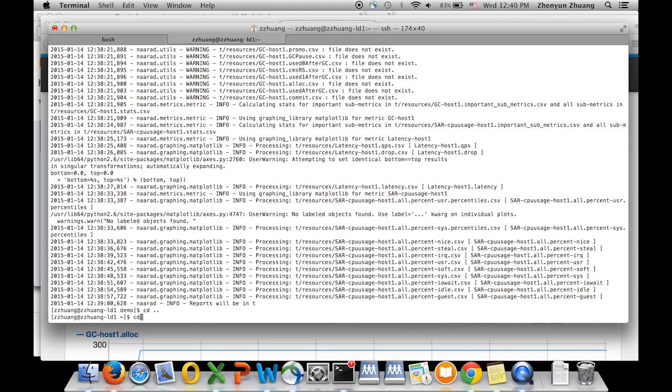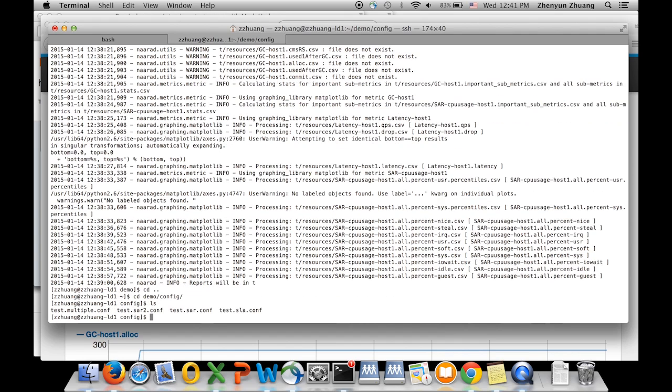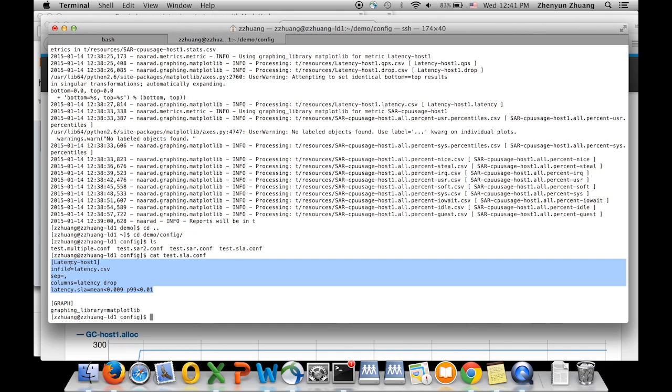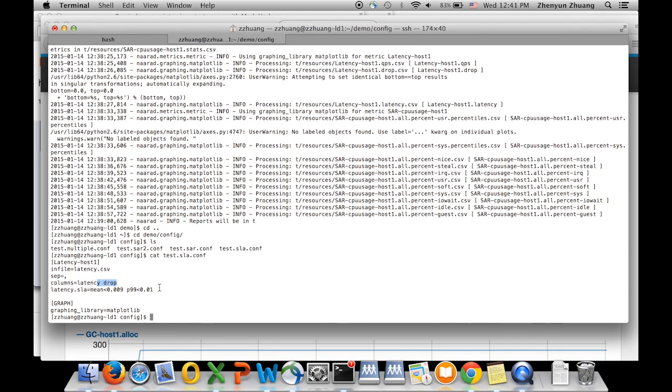Again, we put the SLA and the configuration into a file. SLA configure. So to make it simple, I only consider one metric called latency. So here we have an input file, separator, columns, column name, and the SLA. The latency SLA equal to mean means the average value less than 9 milliseconds and the 99 percentile value less than 10 milliseconds. Okay. We use the same command to run Naarad